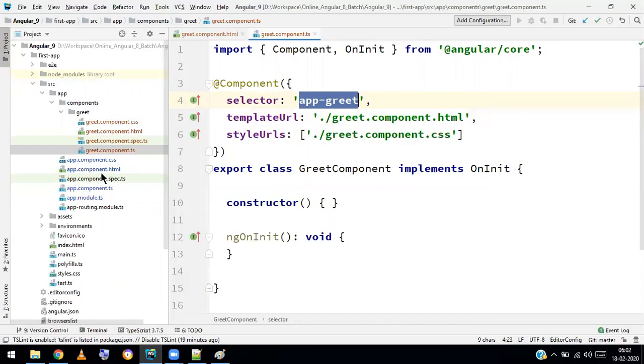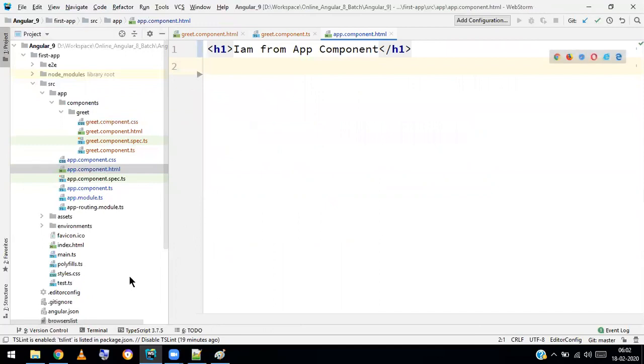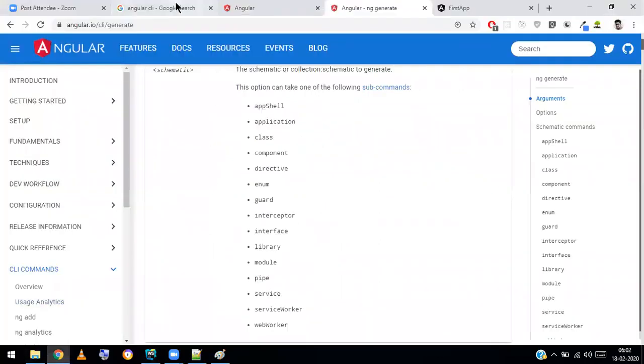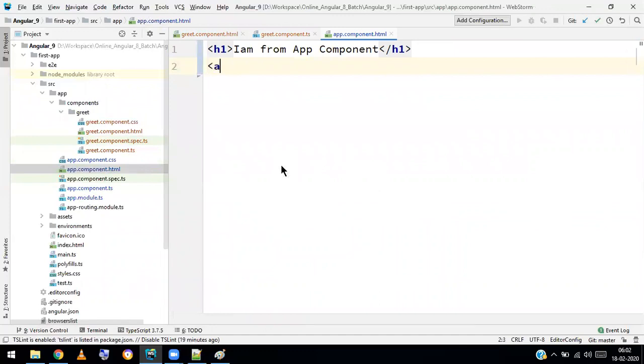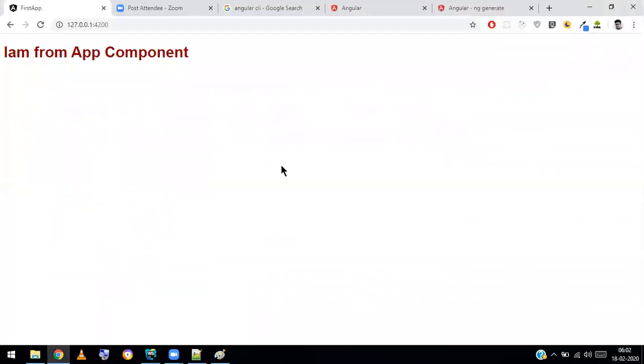So I'll go to the main root component, app.component.html. Yeah, it's like this. Below this, I want to use my custom component, meaning custom tag. You can say app-grid. So what happened? It will display.